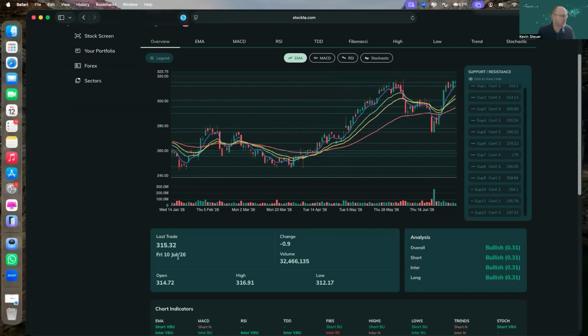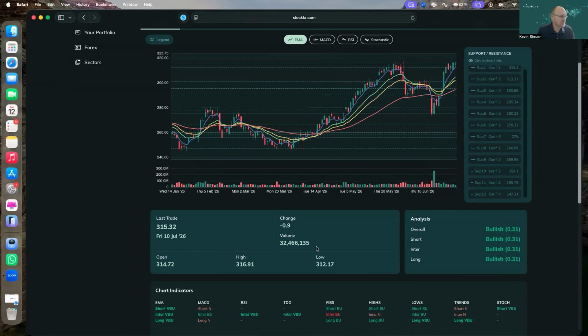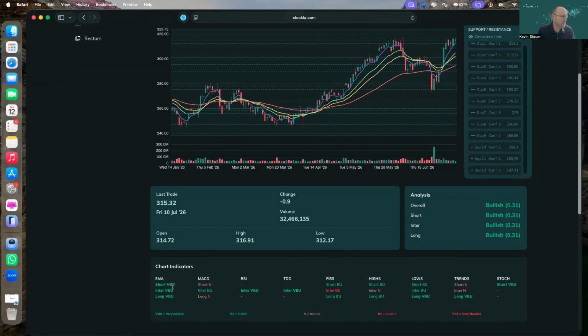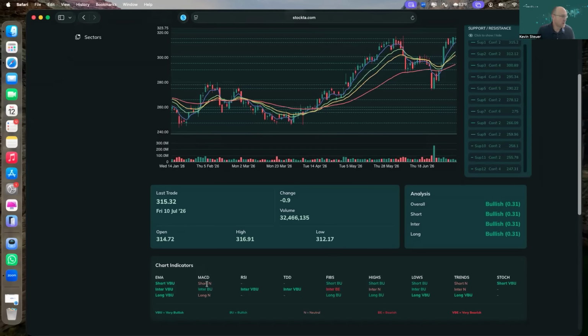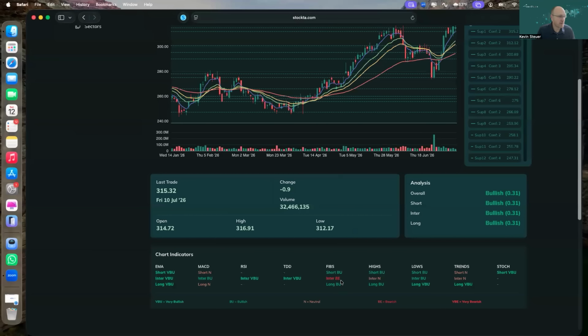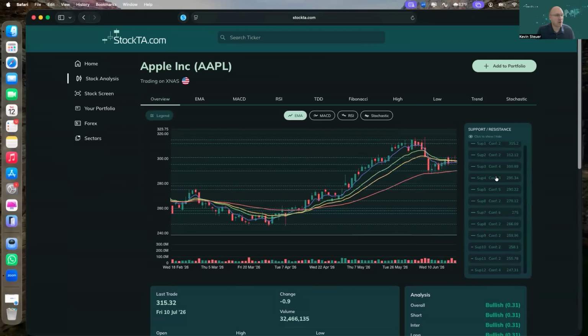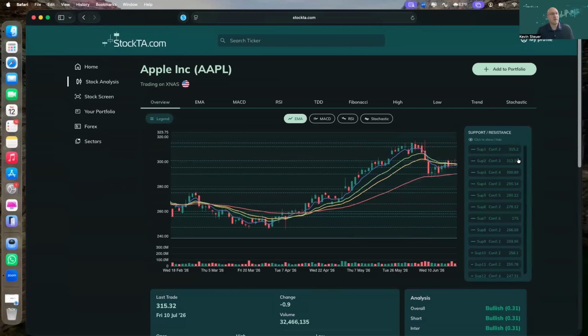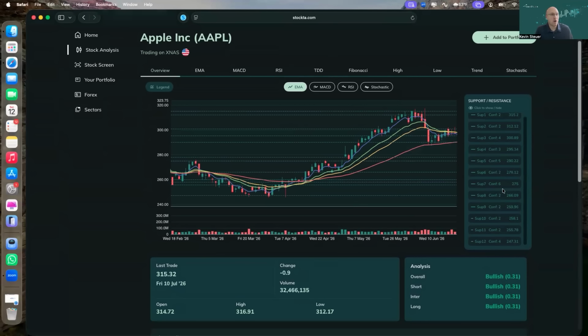This was the last trade on Friday, how much it changed, the volume. Here are the different chart indicators that we use. So green would be bullish, orange is neutral, red is bearish. And then we use a confluence system. So anything that has a supporter 1 through 5 would be small or weak support or resistance. Anything in the 5 to 15 range would be medium, and anything over 15 would be a large support or resistance